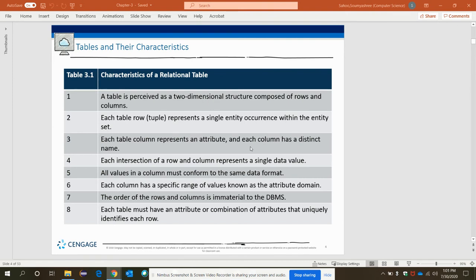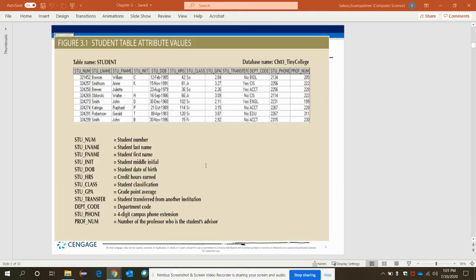Now, these are some of the characteristics of the relational table. Let's see this student table with some attribute values. Here, the list explains all the columns in the given student table. A table is perceived as a two-dimensional structure composed of rows and columns.